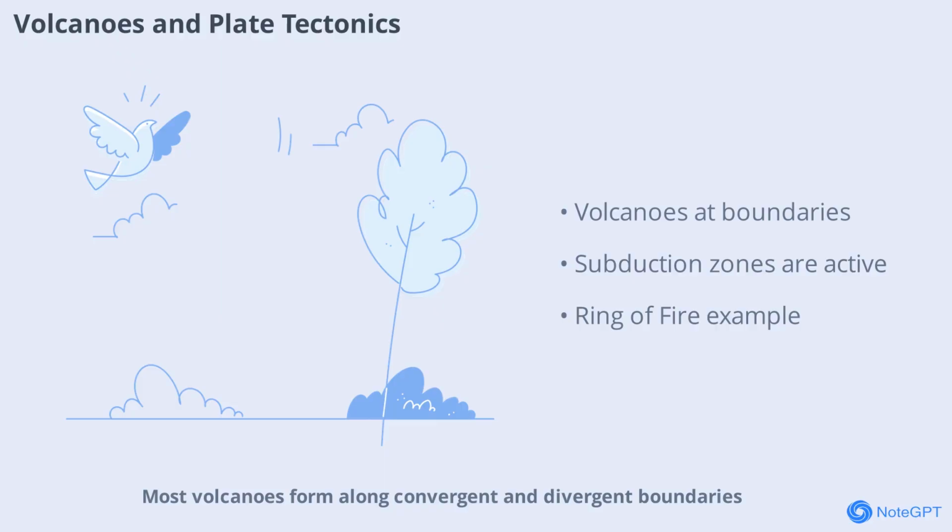Most volcanoes form along convergent and divergent boundaries where magma can reach the surface. Subduction zones in particular are known for explosive volcanic eruptions, as water and other materials are dragged into the mantle and melt, creating magma. The famous Ring of Fire around the Pacific Ocean is a prime example of volcanic activity